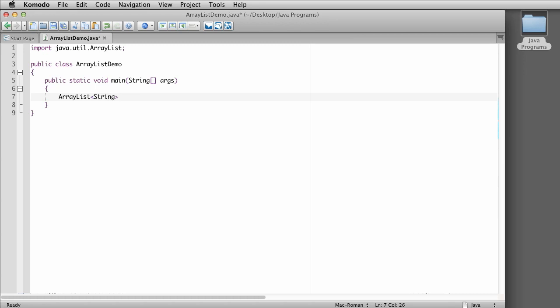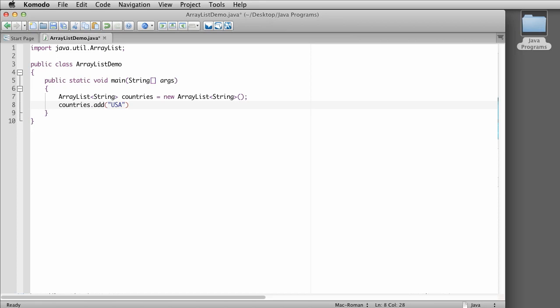So we declare the type, and we'll say countries equals, and then we'll declare it as a new ArrayList. And again, we repeat the generic type string like that. If you haven't used generics before, that probably looks a little weird. Now, since ArrayLists are essentially dynamic arrays that can be changed and resized, we'll go ahead and add our individual members like this. Countries, add